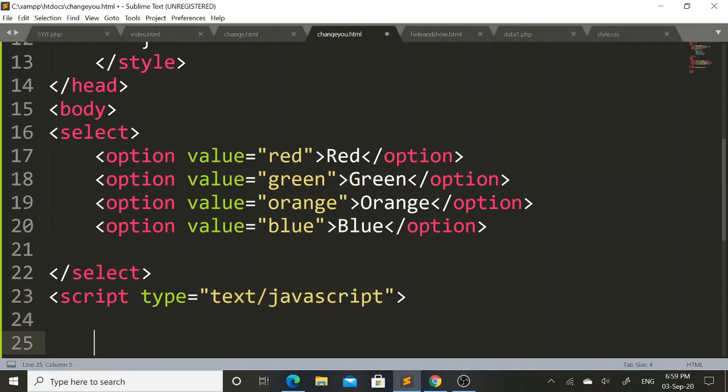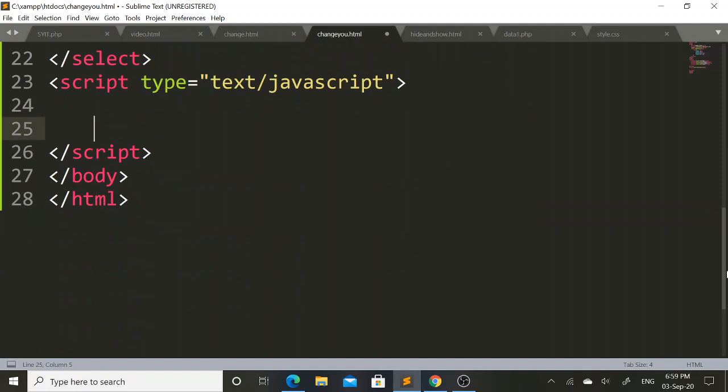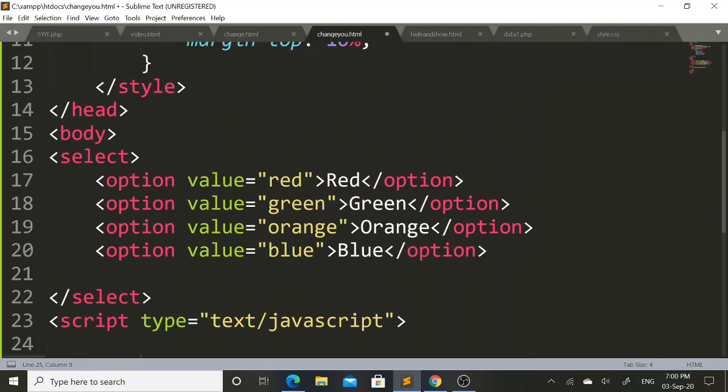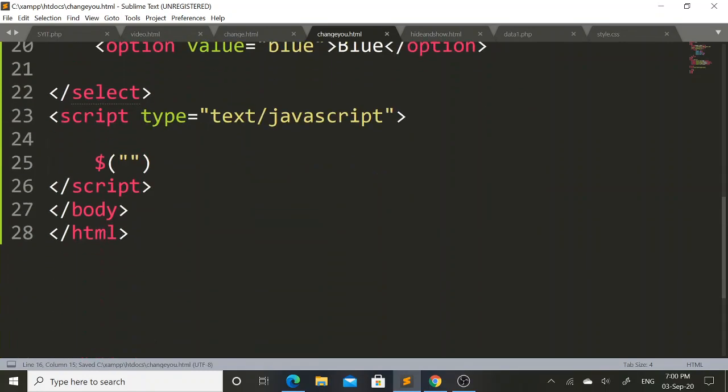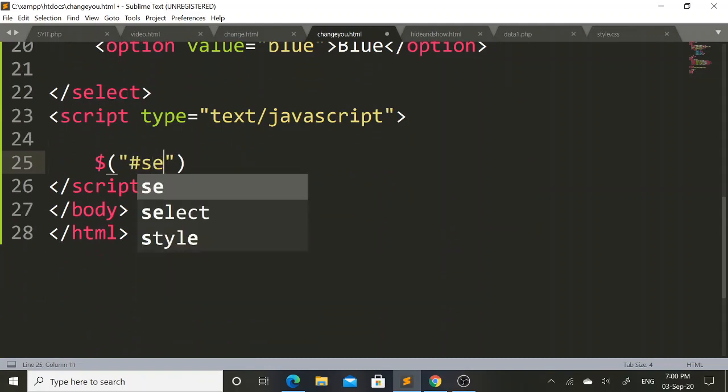In this script tag I will call factory function. So what is basically factory function in jQuery? It starts with $, open parenthesis and close parenthesis. Then within double quote, before that, here I will set ID selector as a AC for this drop down list, and here I will mention #AC.